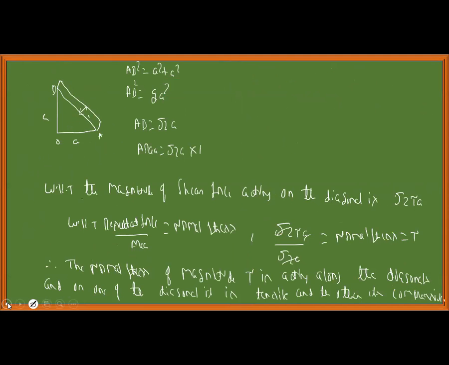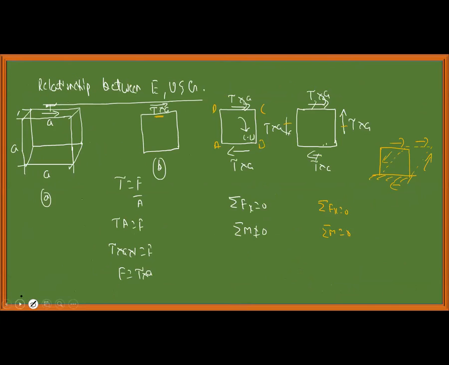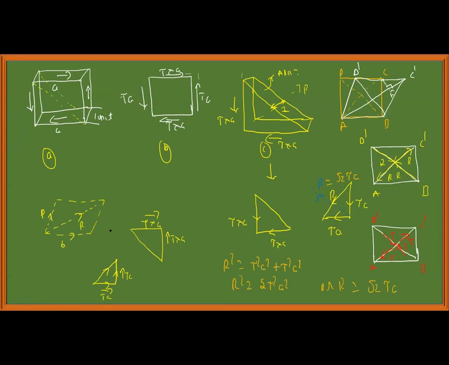Starting from the scratch, I'll explain once again. I'll give an overview. First, what I've explained, this is the relationship we have derived. This is complementary shear stresses. For equilibrium, there should be one more force acting in the downward direction as the reaction force, so that the summation of forces becomes equal to 0. This leads to clockwise moment. For equilibrium, there should be anti-clockwise moment also, and this leads to the complementary shear stress theory. Shear stresses are complementary. If it is acting on one of the planes, the other shear stresses will be complementary. Next, if I derive the relationship between E, nu and